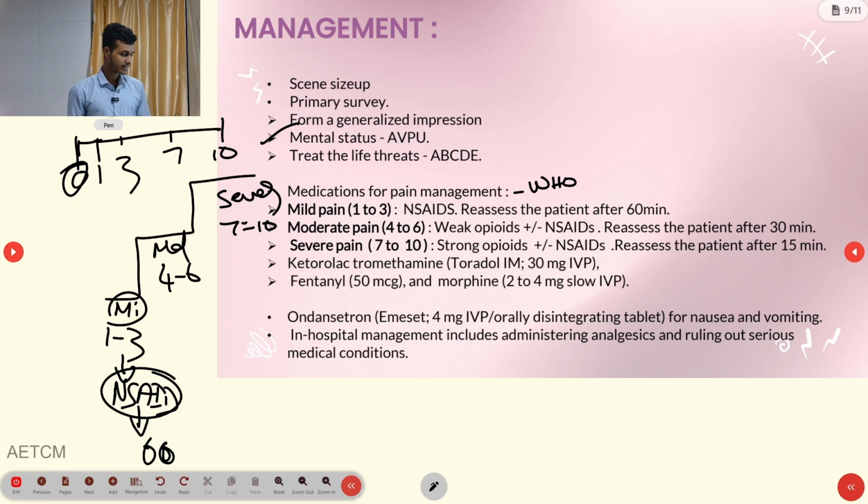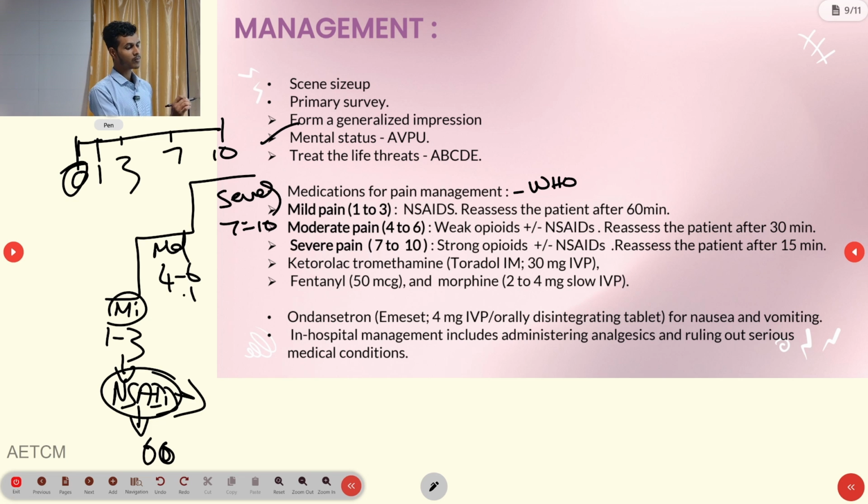What is the major important thing we have to remember in NSAIDs? Before giving an NSAID, we have to rule out renal function related things. And the other most important thing, we have to give a test dose of the NSAID. If you are going to give paracetamol, first we have to give the test dose, because these are associated with allergic reactions, right? Second important thing, we have to rule out the history regarding renal function. So this is what we have to remember in NSAIDs.